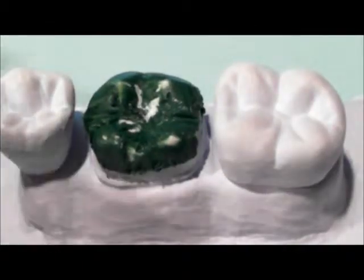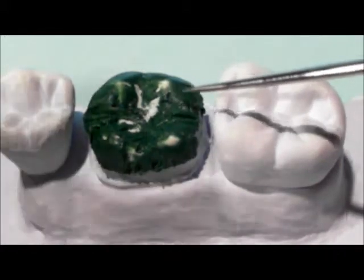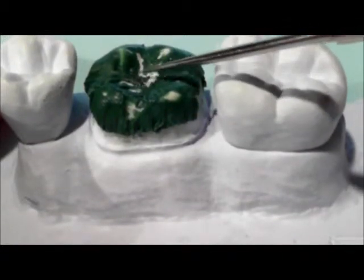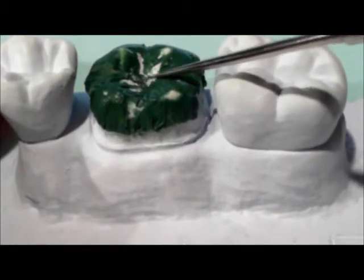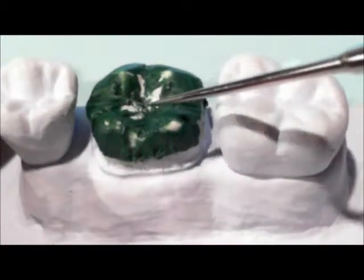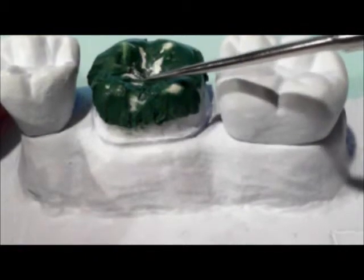And this is what it looks like when I took most of it out. It doesn't look too pretty, but I took some of this out in this area, what we call the central pit, and all the other pits along with it. You've got the distal pit and the mesial pit, and this is the central pit. We have to take some of this wax out so that the pit itself won't look too